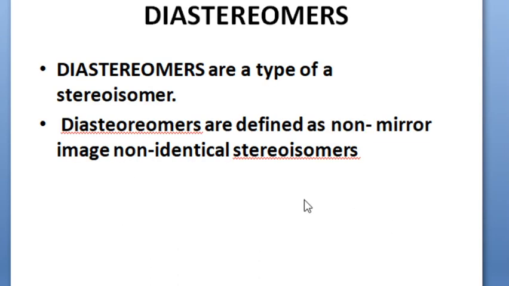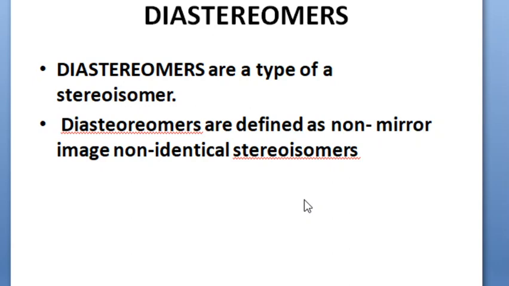The other stereoisomer is the diastereomer. If you have more than one stereocenter, we can't classify that as an enantiomer. You will go for another term. More isomers are possible, so the word diastereomer is required. These are also a type of stereoisomers, which are defined as not mirror images. So what should not be there? In the case of enantiomers we should have a mirror image relation, but here you should not have it. The mirror image relation should not be there.